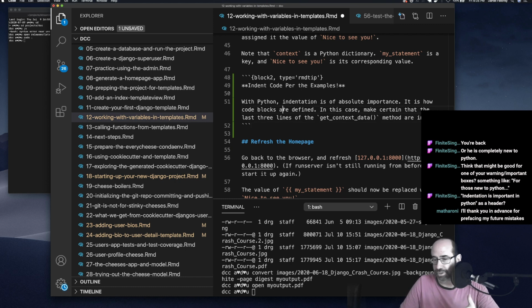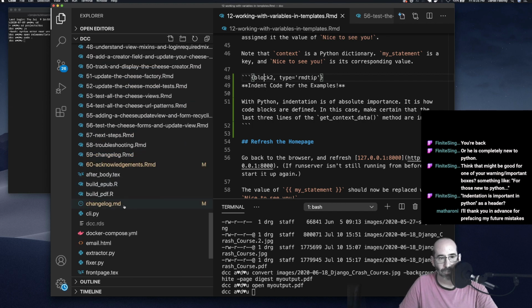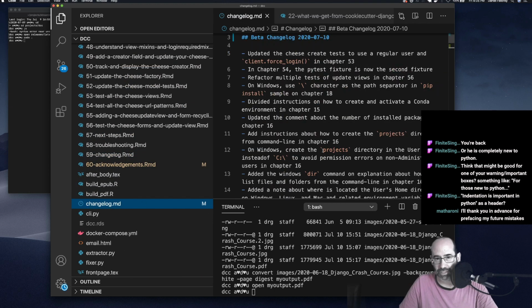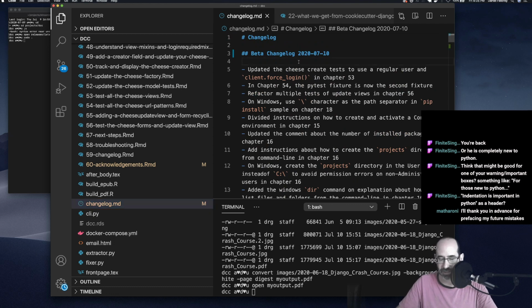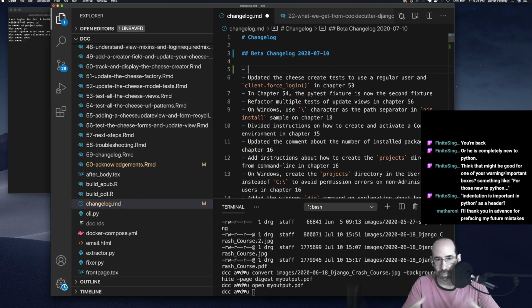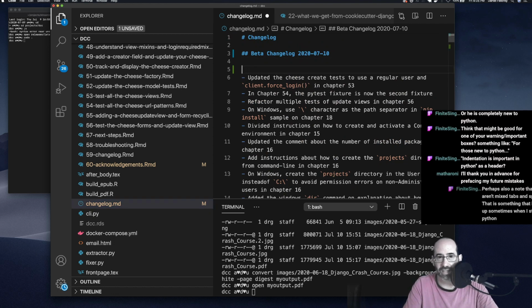I can't put a code example in here because bookdown breaks if you stick a code example inside one of their warning things. So kind of frustrating. Yet another reason why we're almost certainly going to be moving to MyST for this book and future books. And this is in